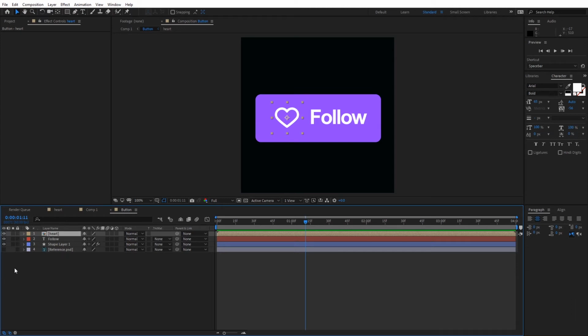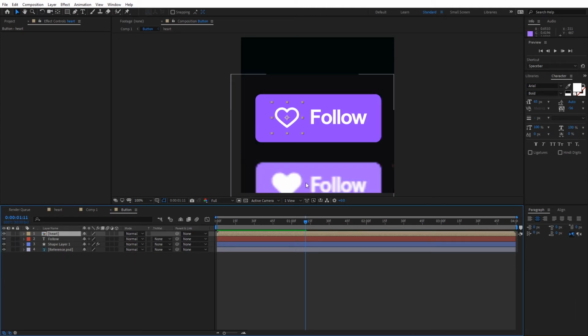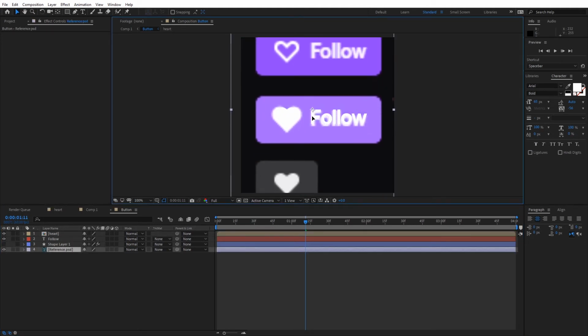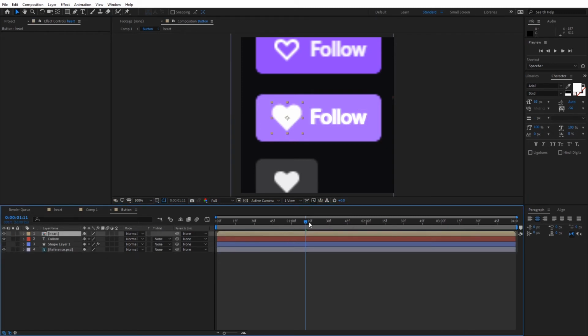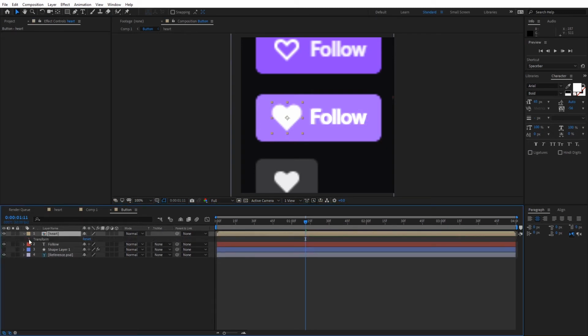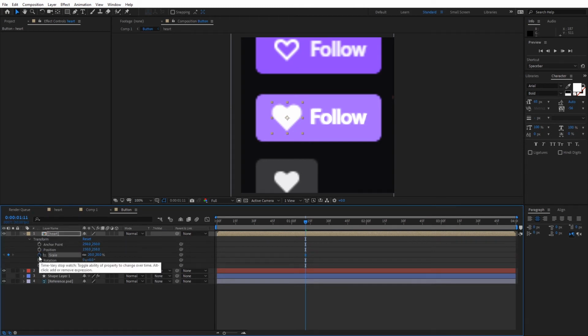And the last thing that it does is it actually scales up slightly. So there's the frame where the hand goes over. So if we go to the reference image, we'll turn off our shape layer and we'll move the follow and create the heart scale keyframe by using the stopwatch. 1, 2, 3, and 4 frames, and we can scale it up slightly so that it's got the outline. You can make this as exaggerated as you'd like,